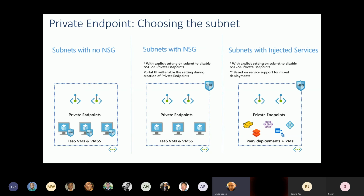When it comes to choosing the subnet, we hear a lot of feedback from customers about one of the models where we have PaaS services deployed inside customers' networks today, and the fact that it's not ideal for their scenario to have a dedicated subnet for deploying PaaS services. So therefore, we have basically the ability to deploy private endpoints on any subnet. And you can mix and match private endpoints from different PaaS resources. You can deploy private endpoints along your VMs and maybe your workloads. The only caveat here, just during the preview, is that